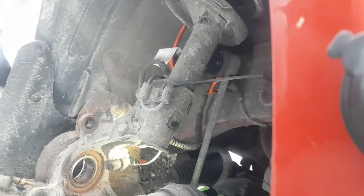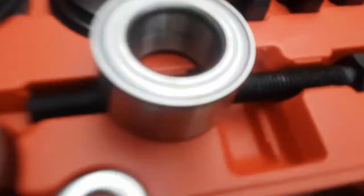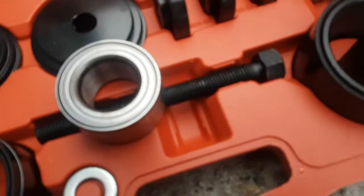So this part's important. I'm going to show you guys here. Very important. So there's our new bearing. Okay. So what you have on a bearing here,